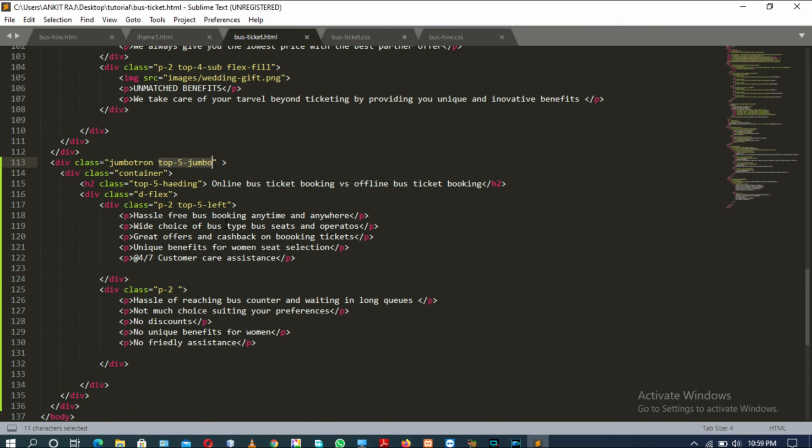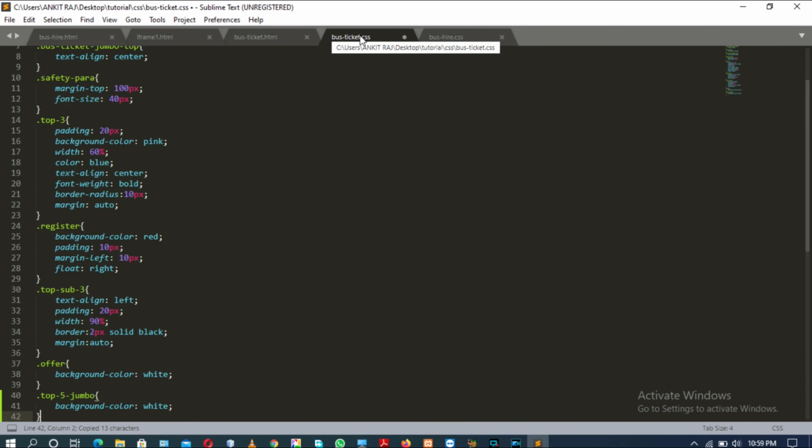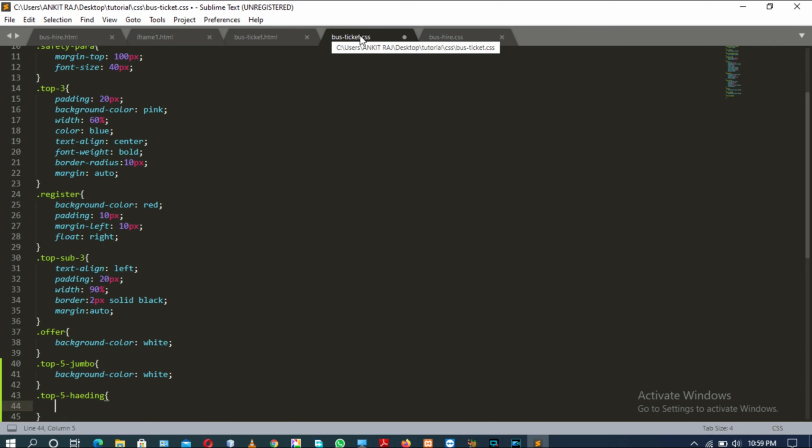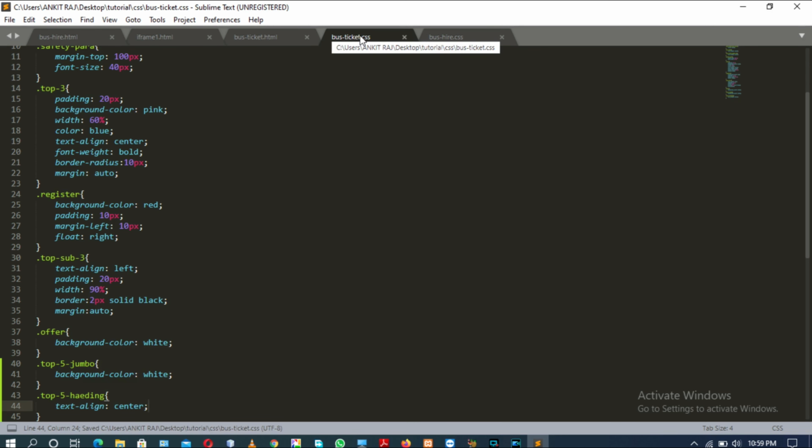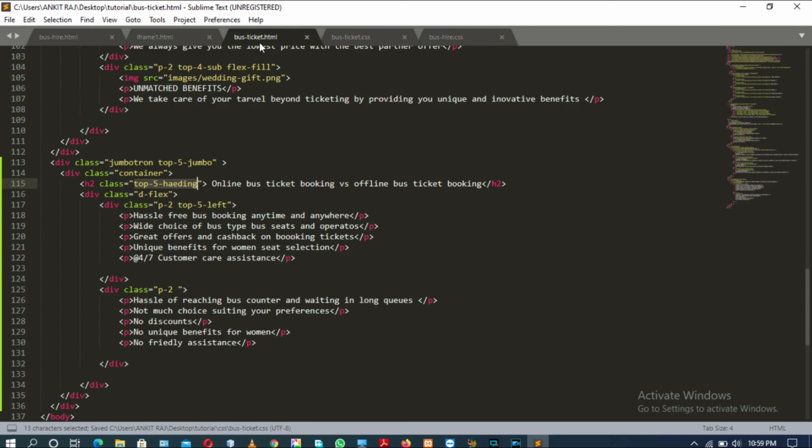Another class will be top 5 heading. The CSS property will be text align center. Top 5 heading, not top 4 heading.